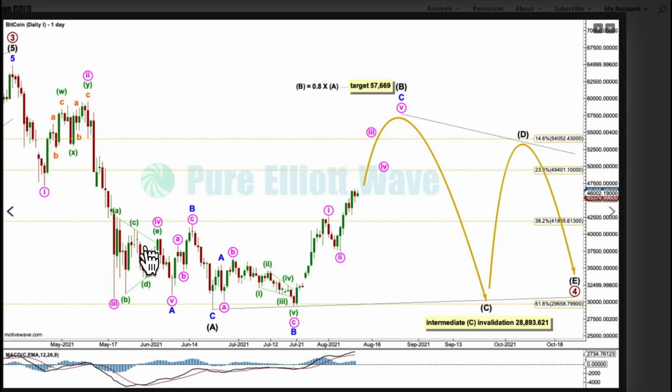I have an extended A wave, and my Ute wave 5 ends with a small truncation. The truncation's not too big, and it has come after a strong downward movement for my Ute wave 3. This is a situation in which I will allow for the labelling of a truncation, and I'm going to label it like that and not label an impulse down here, because if you label it 1, 2, 3, 4, 5,